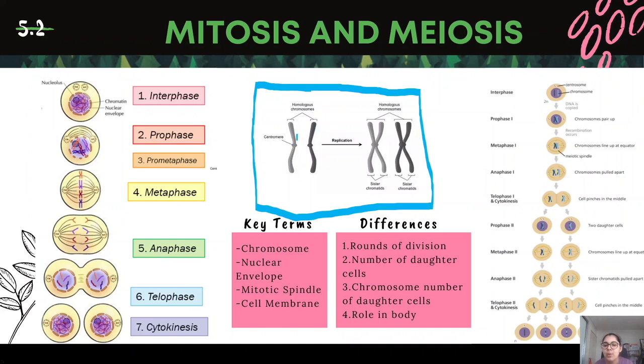And these are two homologous chromosomes. Homologous chromosomes are basically chromosomes that share similarities, in terms of the things that they code for and where they code for them, like height and size, they match up. So these are two homologous chromosomes. After DNA replication occurs,